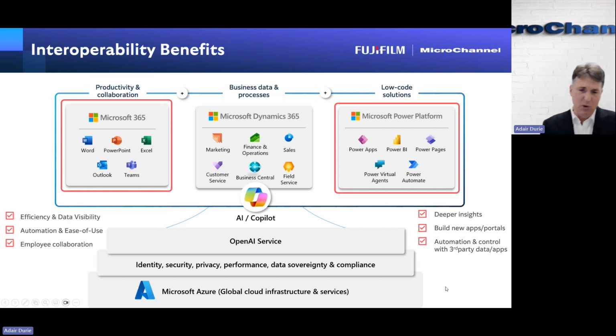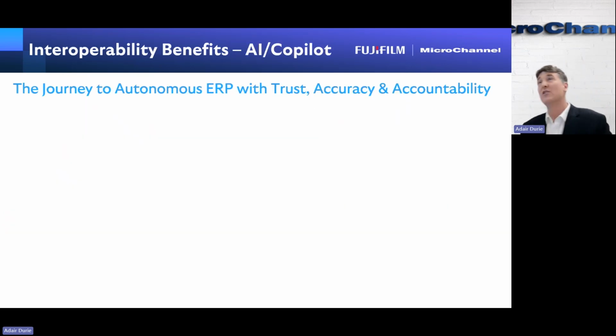And then it's important to touch on, it's been a buzz now for maybe 18 months, 2 years, this whole idea of AI, artificial intelligence. Now, again, using Microsoft as an example, because your ERP system is able to be accessed by the OpenAI service, and again, there's a few AI services, we're focusing on Microsoft, all of a sudden the way that you interact with your ERP can be different. And I'm going to touch on this term of autonomous ERP. How do we get to this point of ERP? What is AI really doing for ERP users?